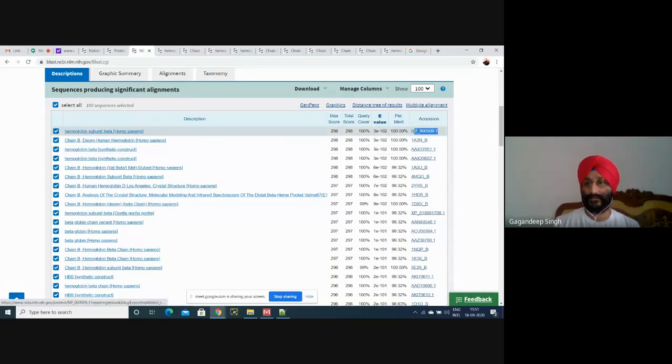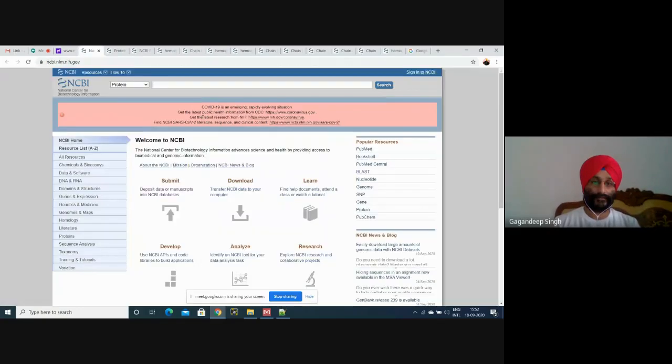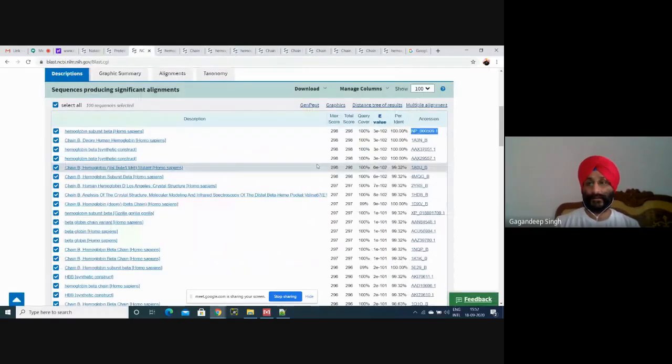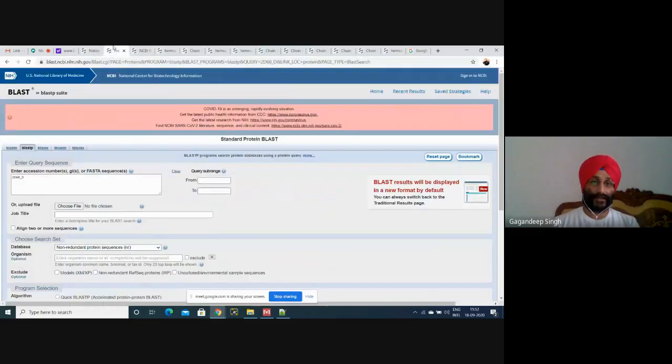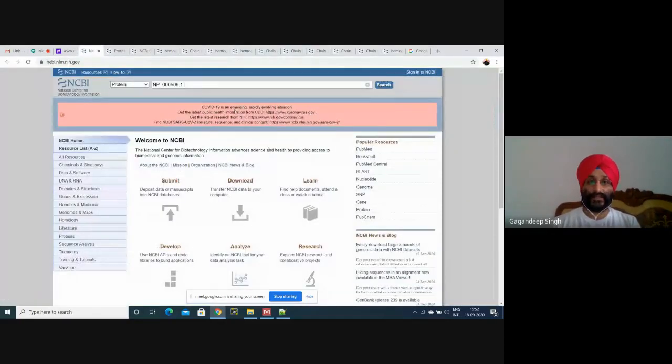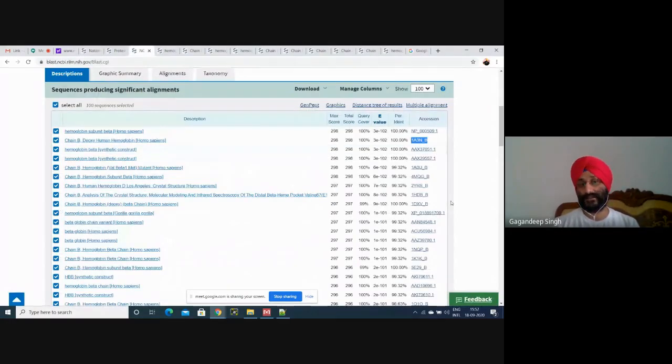Just select these accession numbers and paste here, Control V, then space, then the second accession number. Means how many sequences you want to download, you can easily copy and paste just the accession numbers of these sequences.